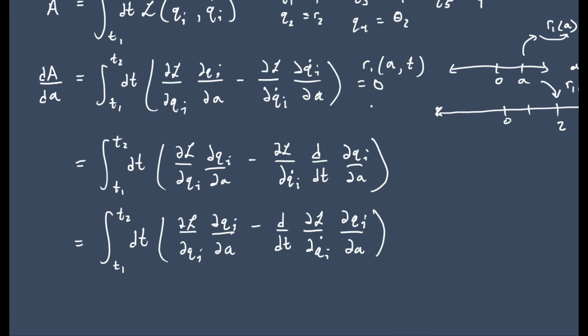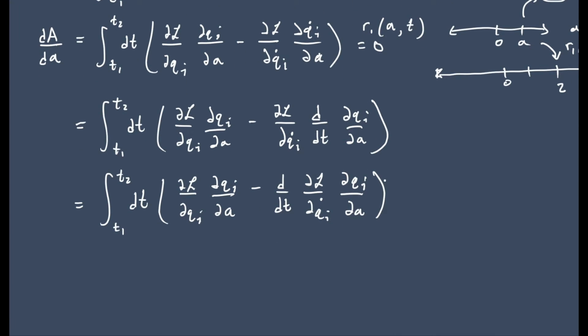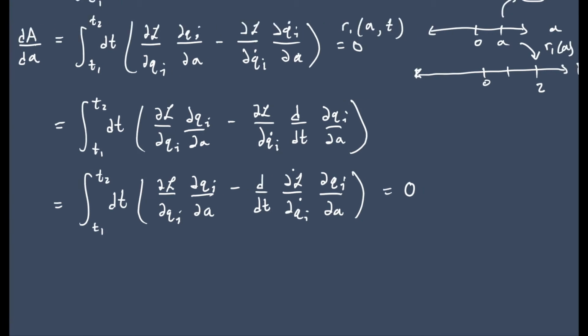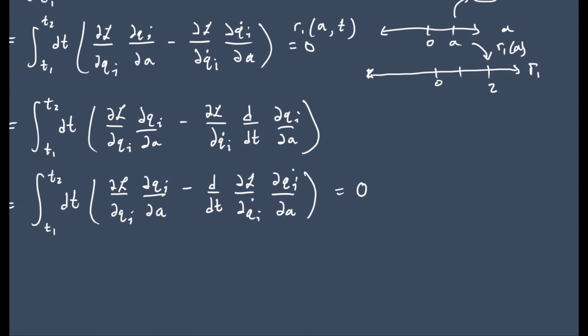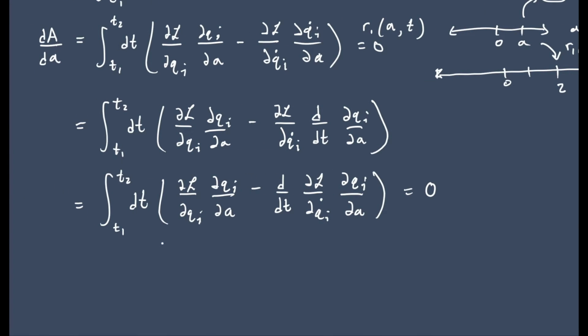Okay, and so we're saying that this is equal to 0. So what we have now is we're almost there. We have T2 and T1 dt. Okay, and what we have here is